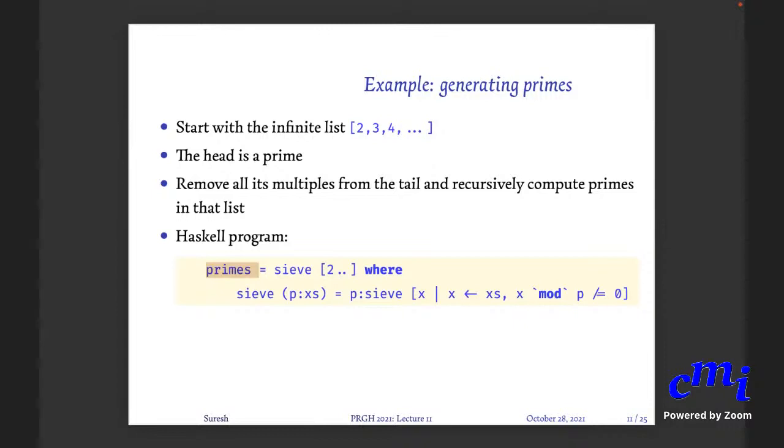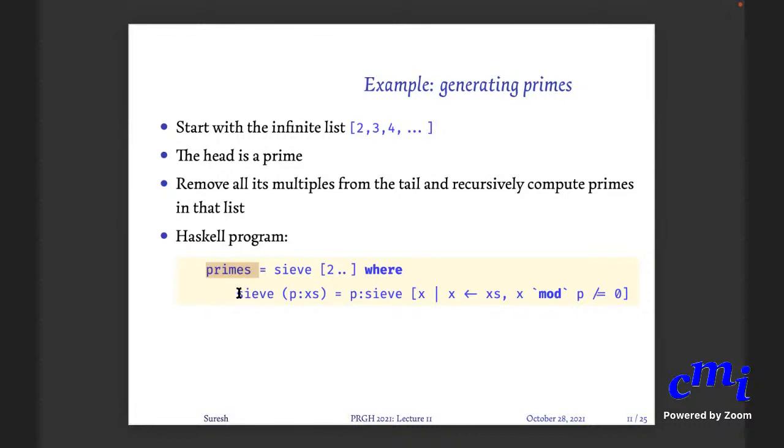But in the description that I gave, you cannot strike out all the multiples of 2 and then come back and pick the first element. Why? Because there will be infinitely many. Exactly. But thankfully Haskell is lazy. So Haskell says, all you want is to know that some element has survived and become the first element. The moment you have a first element, I'll output it. You don't worry. So the definition basically is that you write it as if it were an infinite process.